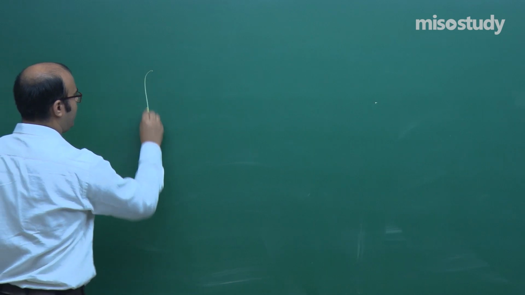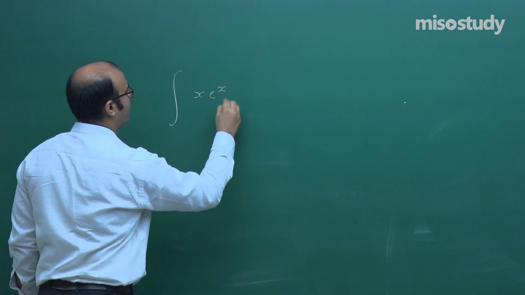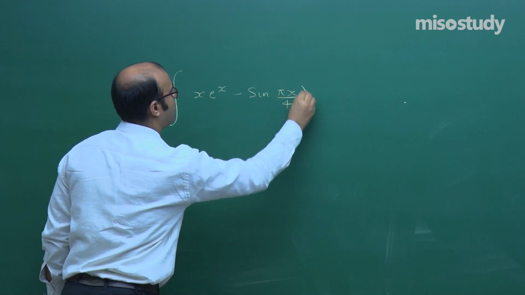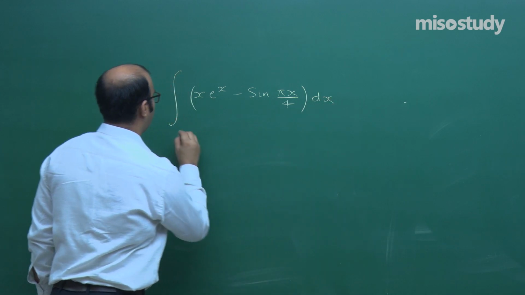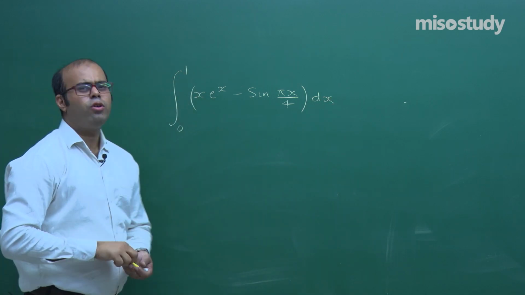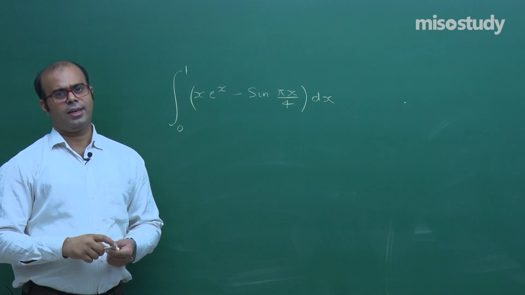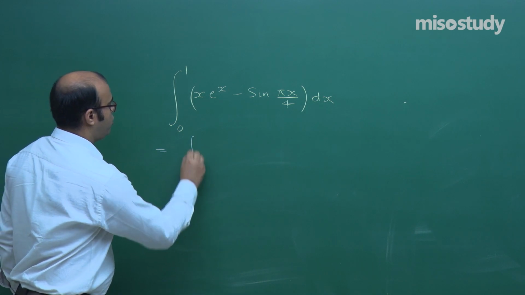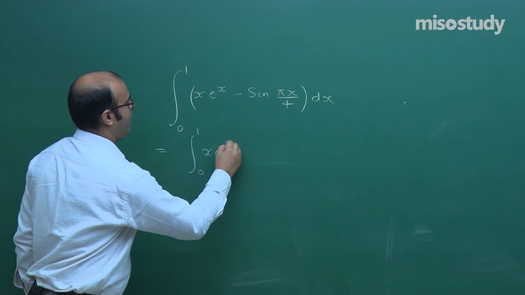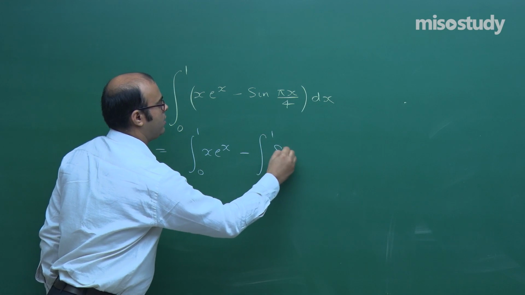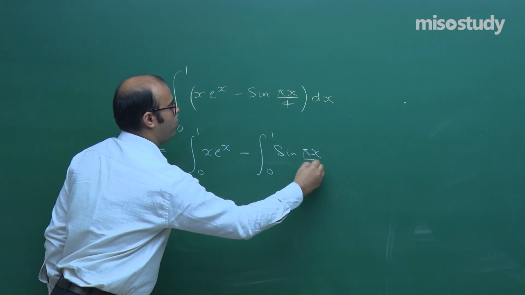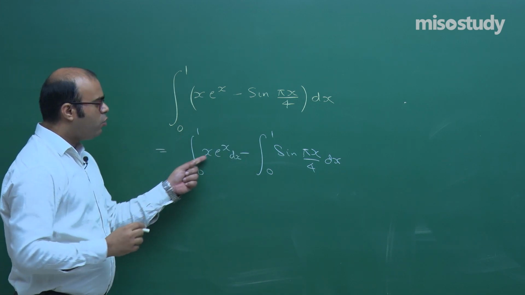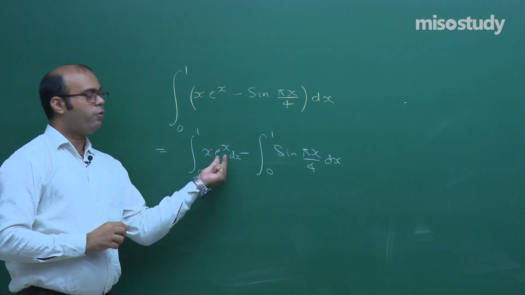So here I am taking the integrand x e to the power x minus sine pi x by 4, integral from 0 to 1. Here we don't have to substitute anything, we have to directly integrate, but by some other method. So first we will do integral 0 to 1 x e to the power x minus integral 0 to 1 sine pi x by 4, here also you have to put dx. Further here you have to apply integration by parts